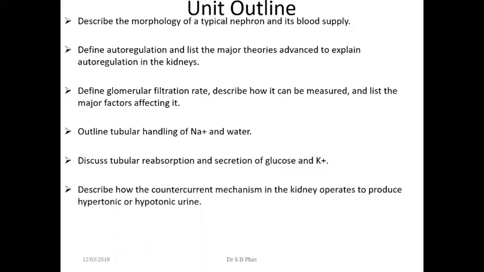You should be able to describe how the countercurrent mechanism in the kidney operates to produce hypertonic or hypotonic urine. So now these countercurrent mechanisms I'm talking about, later on you notice that there are certain channels that are found within the kidney nephron that are involved in creating what we call osmotic gradient or hypertonic medium within the medulla